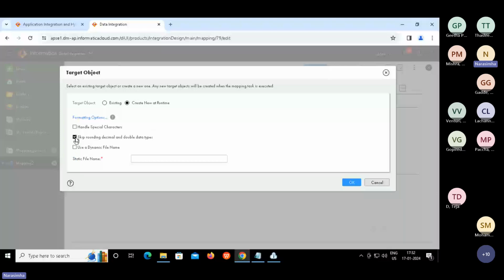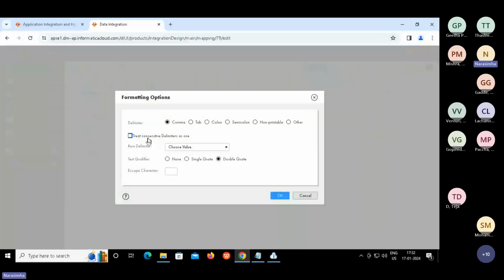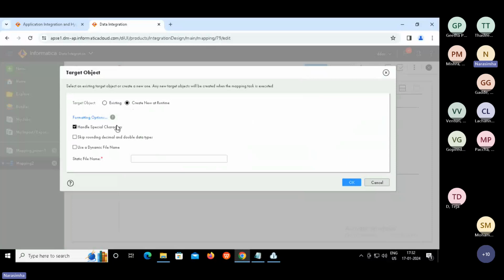If you want to take care of that in the target, we can skip it. And then we have handle special characters like apostrophe, those things we discussed. Using an escape character, apostrophe, whatever, once you specify, we can handle them. So that's where we use these options. Clear, right?